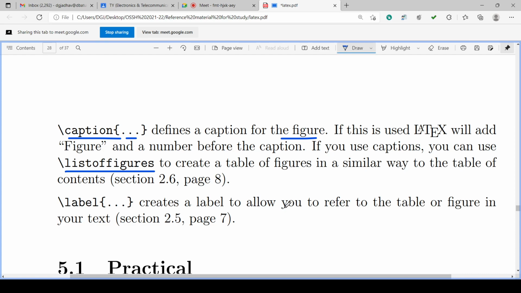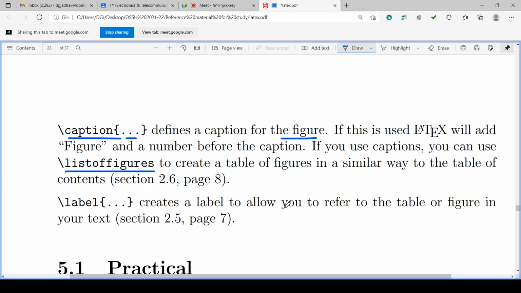This list of figures can be created automatically with the help of the backslash listoffigures command, which creates the table of figures. In a similar way to the table of contents, the table of figures can also be there, generated automatically.